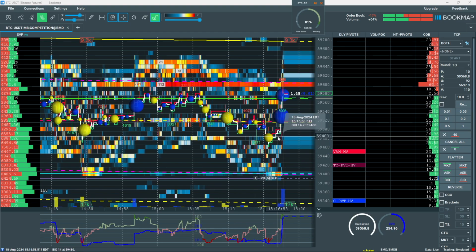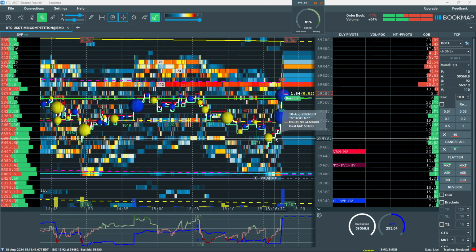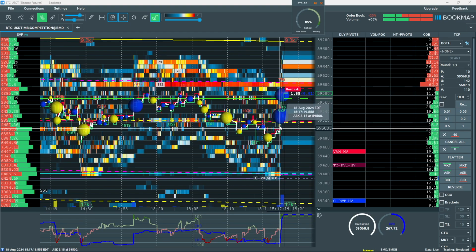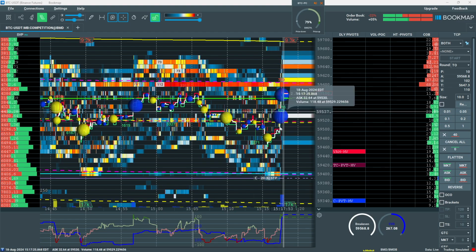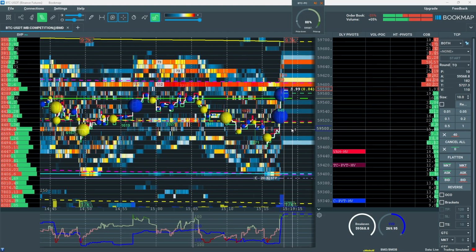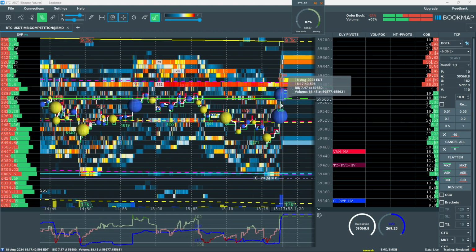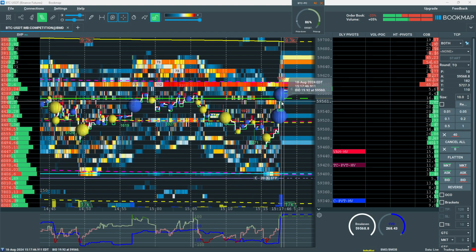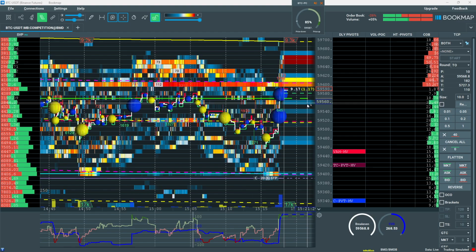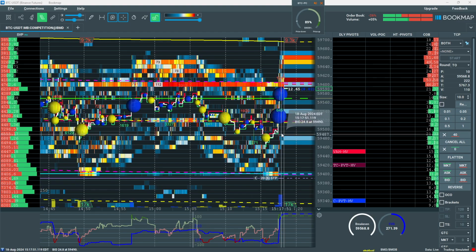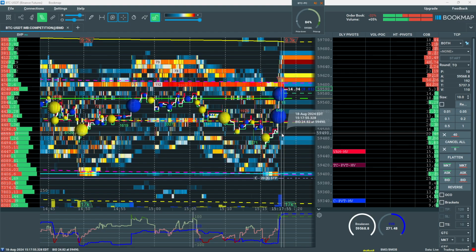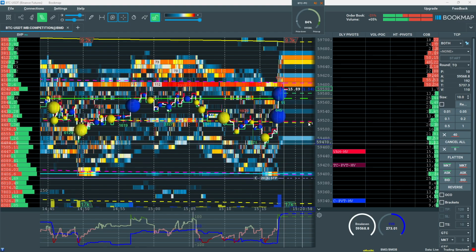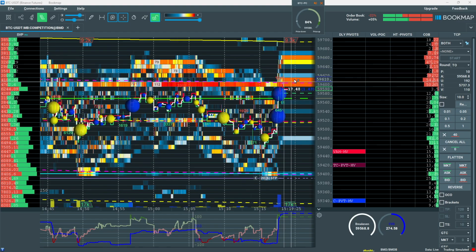So we did get buyers around this area. Well, they actually swept the book when they came in. Their market order from here executed all the way up here, just swept the book. Twice. Swept this book right here between 59,546 and 59,561. And swept the book from 59,490 to 59,510. So we see the liquidity coming back in here as resistance.